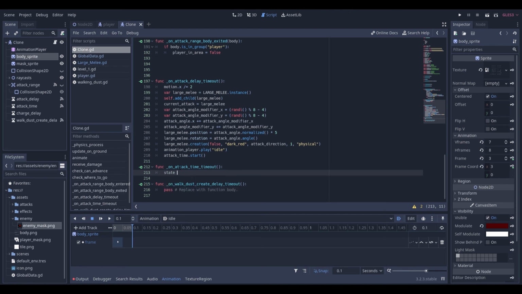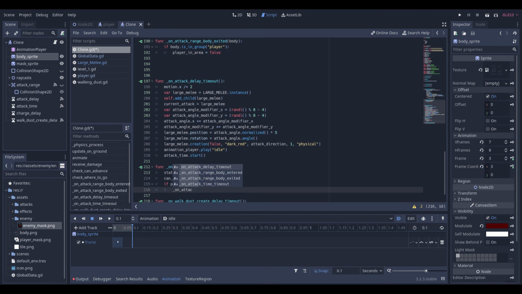State is equal to combat, can charge is equal to false, if player in area is equal to false, is equal to true, then on